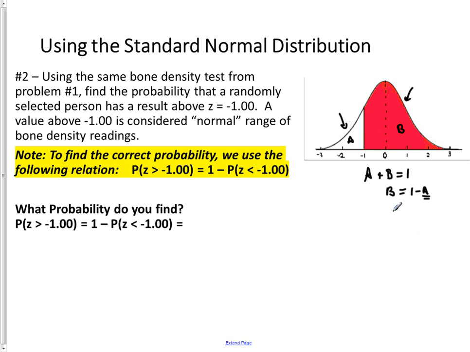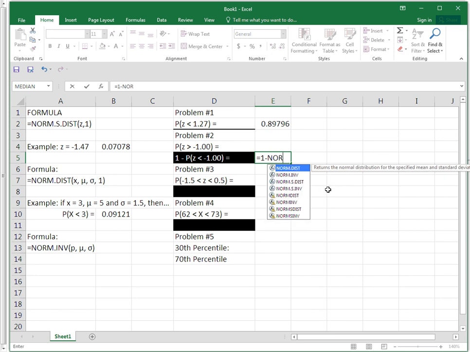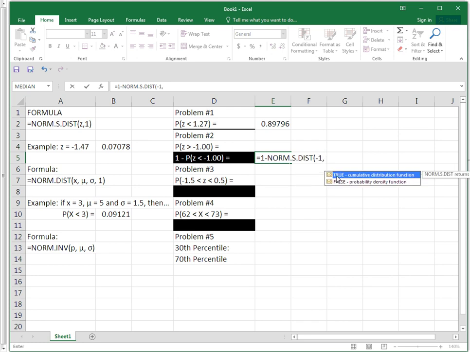So that's pretty helpful. So let's go to use Excel and try that out. All right, so our probability that z is greater than or equal to -1 is going to be 1 minus the probability that z is less than -1.0. So that's how we're going to type in our formula. Equals 1 minus, and now we can type in our formula, NORM.S.DIST. You can pick it right off of the formula sheet right here. We're going to put in our z value of -1, and of course we're going to choose true